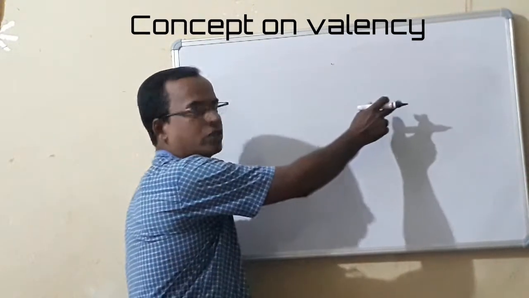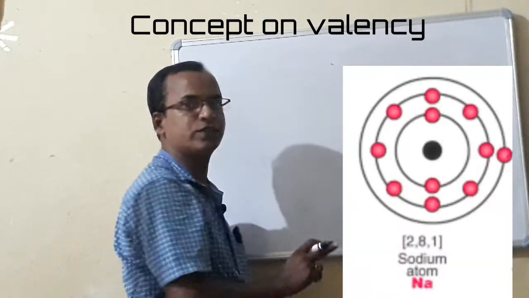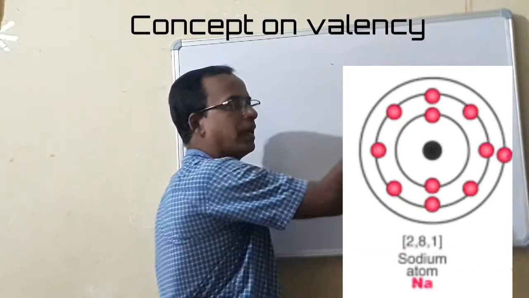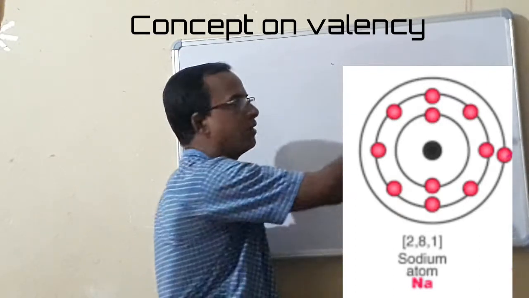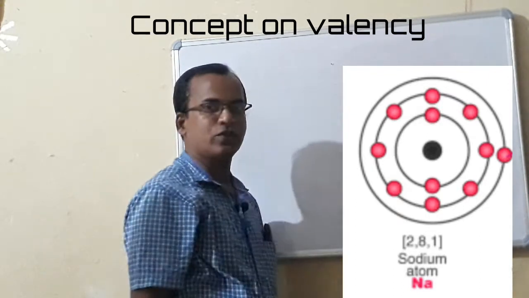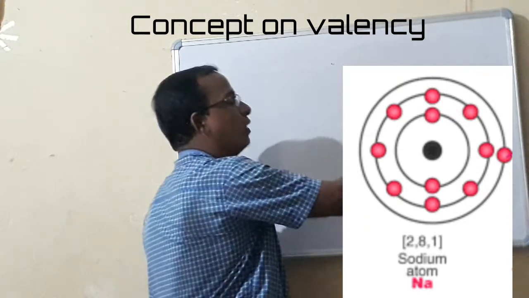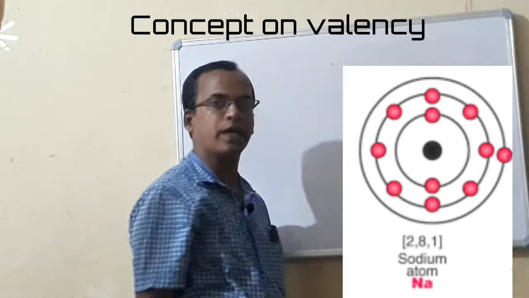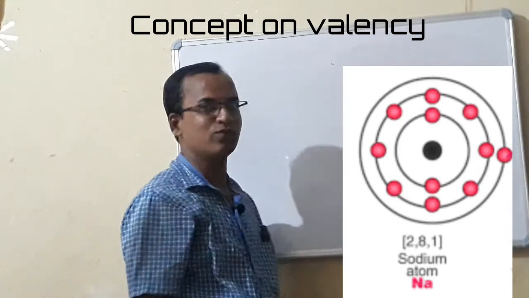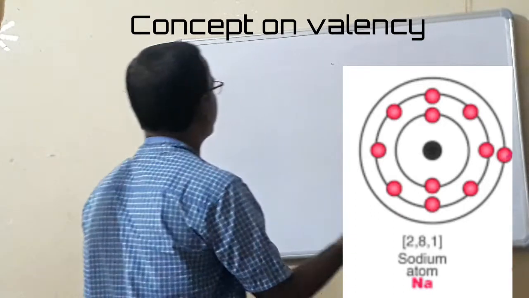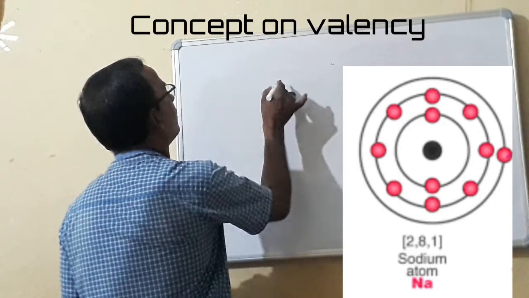In orbital structures, its electronic configuration is: the first shell, K shell, contains 2 electrons, the L shell contains 8 electrons, and the M shell, or third shell, contains 1 electron. So when it donates 1 electron, it forms a cation and its charge is plus 1, so that its valence is plus 1. Similarly, if we take another example, suppose calcium.